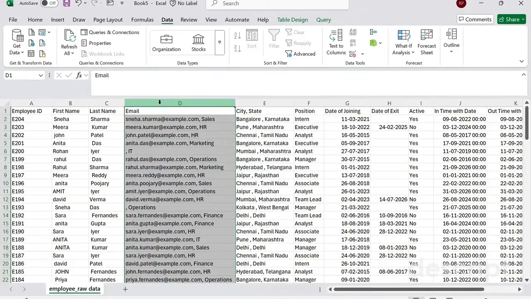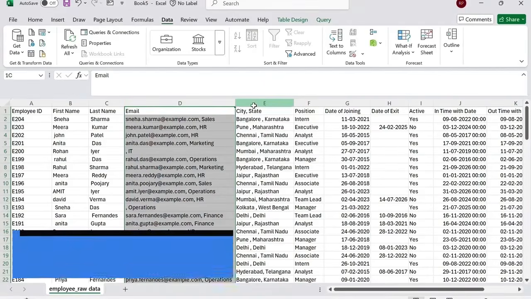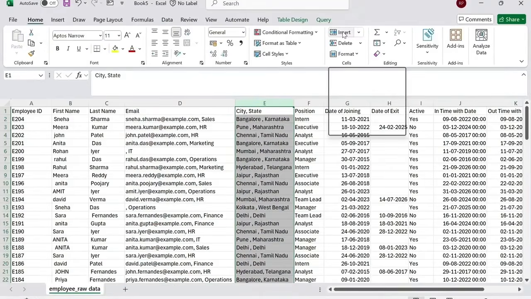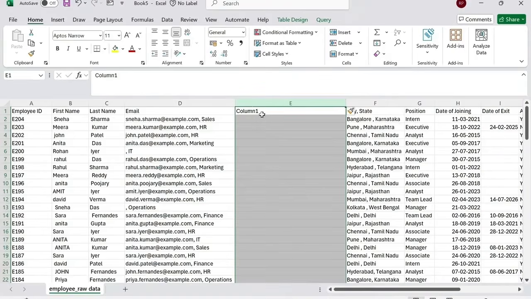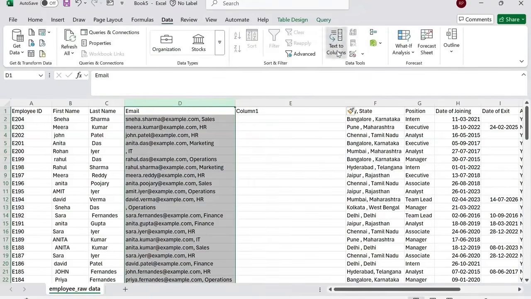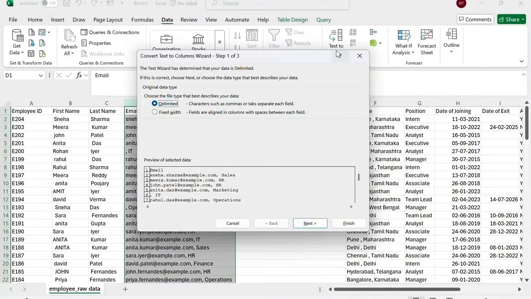Here, we can see the D column has mail ID and department. I want department and mail ID in different columns, so I'll use text to column to split it. First, we'll add a new column next to D. You can insert a new column by clicking on Insert option from the Home tab, or you can use the shortcut key Ctrl+Shift+. We'll select the department column, go to Data tab, Text to column, choose Delimited here,